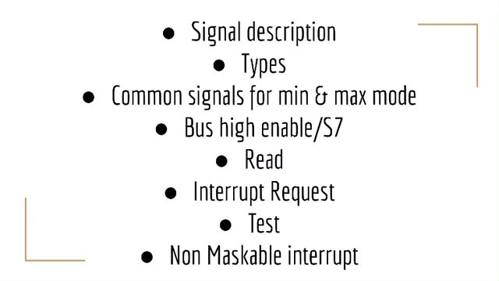Ready is the acknowledgement from slow devices or memory that they have completed the data transfer operation. The signal is active high when the read signal and the ready signal are active high. Next we have the interrupt request, also called INTR, which is used to request a hardware interrupt. When the interrupt enable flag is set, the 8086 enters an interrupt acknowledgement cycle after the current instruction has completed its execution.